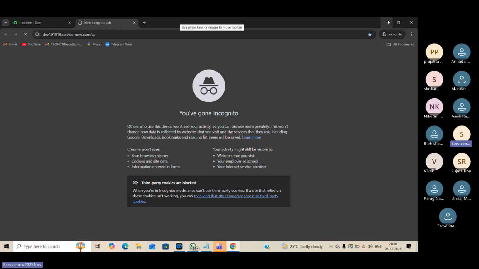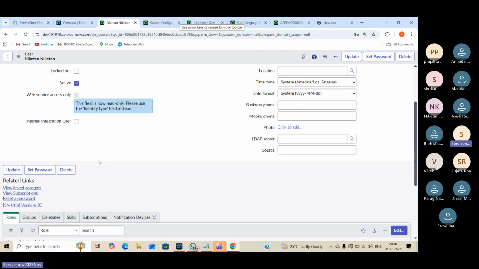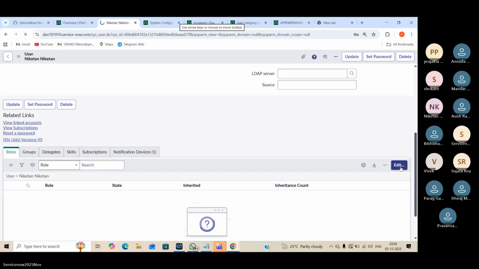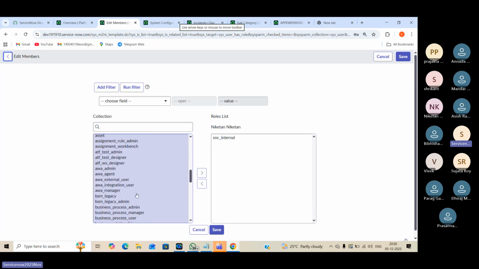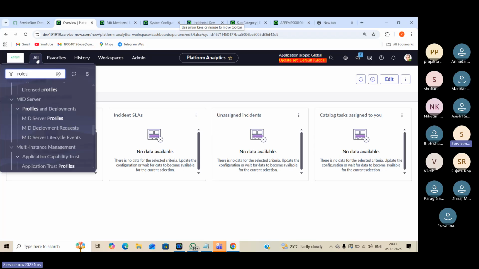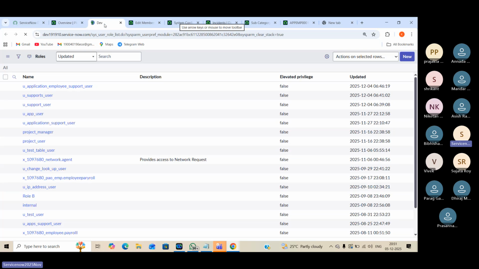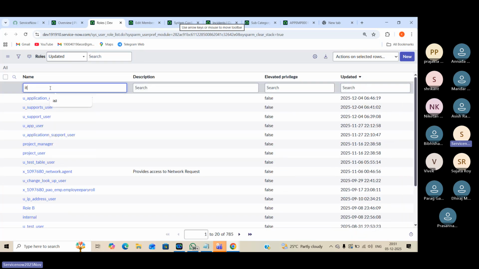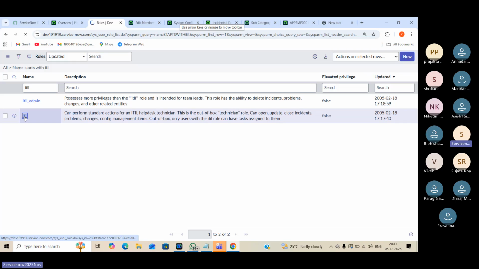If I give him the ITIL role, for example, go down and give him the ITIL role. These are all the roles. The left side shows all the roles which are available. There is a table for the roles. From the roles table also you can assign any role to a user, or you can open the user record and assign roles. For example, if I want to assign the ITIL role, search for the ITIL role and open that role,